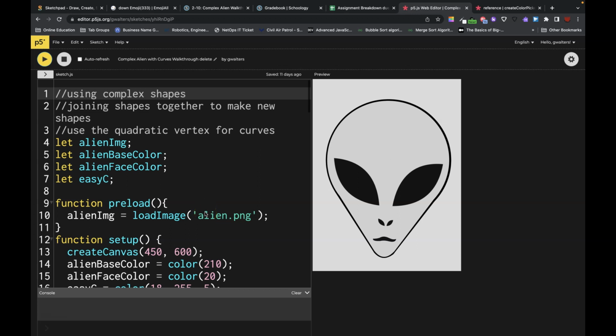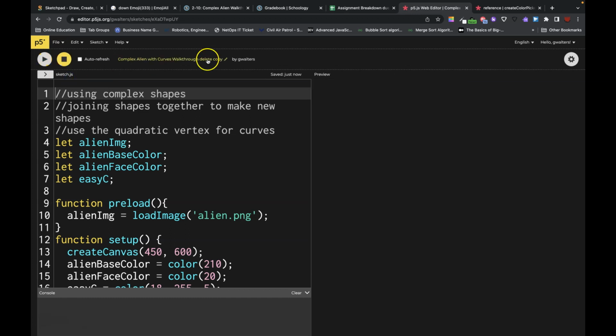Okay, so for this walkthrough challenge, I'm going to walk through a little bit of stuff, but we are going to use our alien with the curves that we did in that walkthrough. We're going to duplicate this code and use this as our starting point. Okay, so now that we have this,